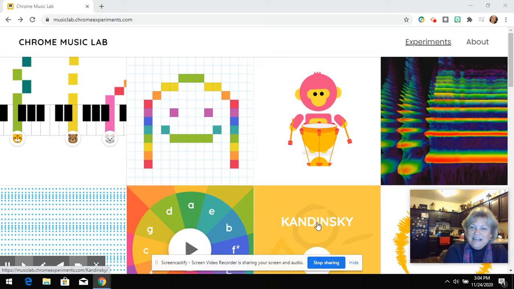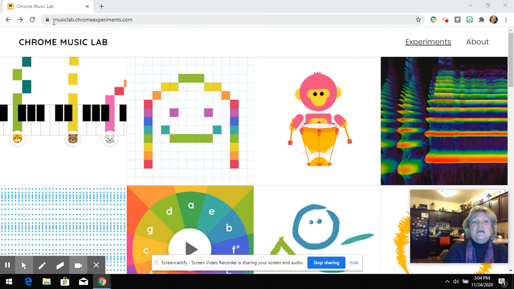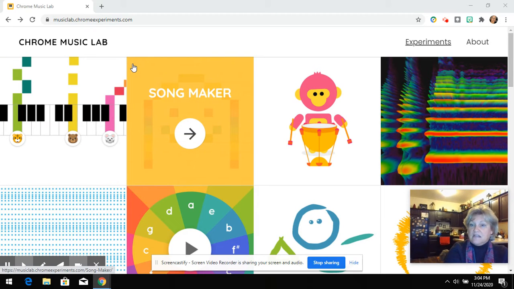Hello, fourth graders. In the previous screen, I said that we are going to create our own melodies on Chrome Music Lab. Some of you may have already been playing on Chrome Music Lab or be familiar with it. Some of you may not, but it's relatively easy to work around. So I've gotten to my Chrome Music Lab. If you just type in Chrome Music Lab into your Google search, that'll take you right to it. Or I've included the link on one of the slides that takes you right to